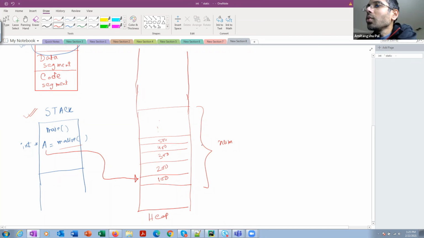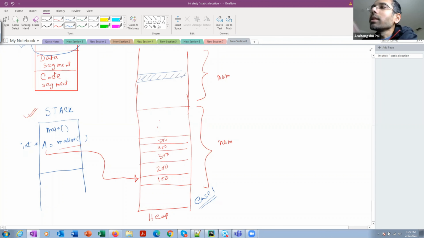That means you have already occupied num integer positions, and you want to allocate another num positions in the contiguous memory location. So the first case is that the heap has that much space in this region. You want num additional space, but the heap may not have it, because some of the slots may already have been allocated by other programs.